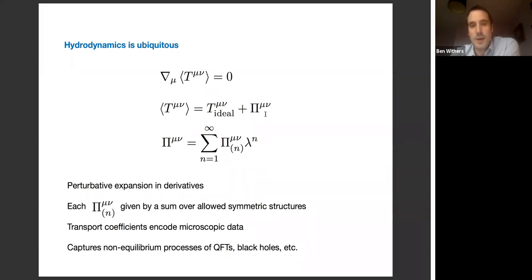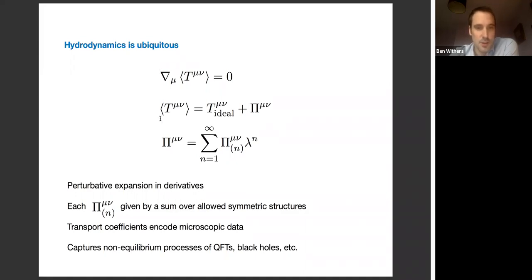Of course, to each tensor structure, if you just use symmetries to constrain the tensor structures, you have undetermined coefficients in general. These you would label as transport coefficients after you've fixed some ambiguities. These transport coefficients are where the information about the microscopic theory comes in. So far we just used conserved currents and symmetries. Then if you were to give me a microscopic theory, like N equals 4 super Yang-Mills, you could then compute the individual coefficients that appear. So it's these coefficients that encode the microscopic data.